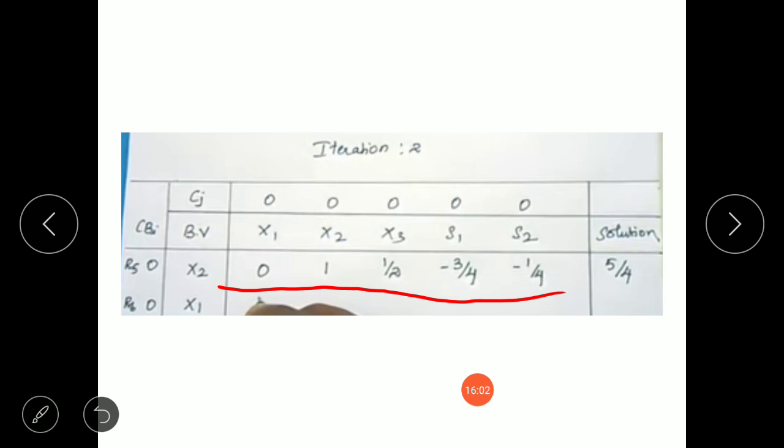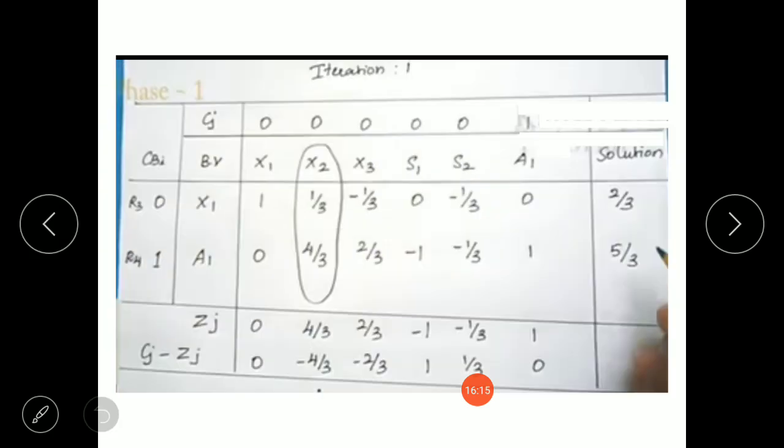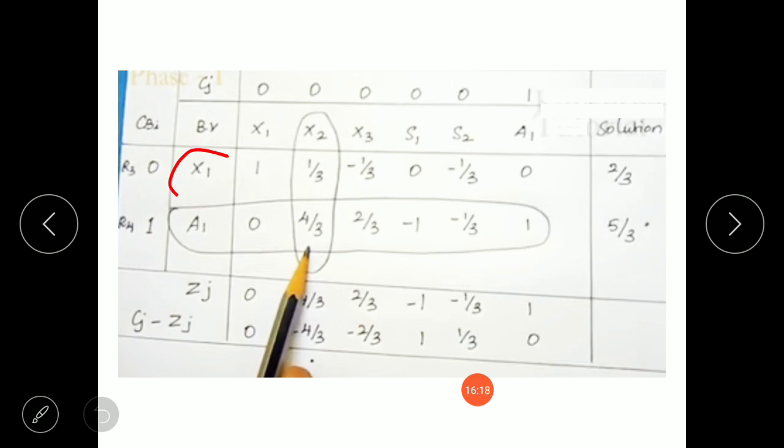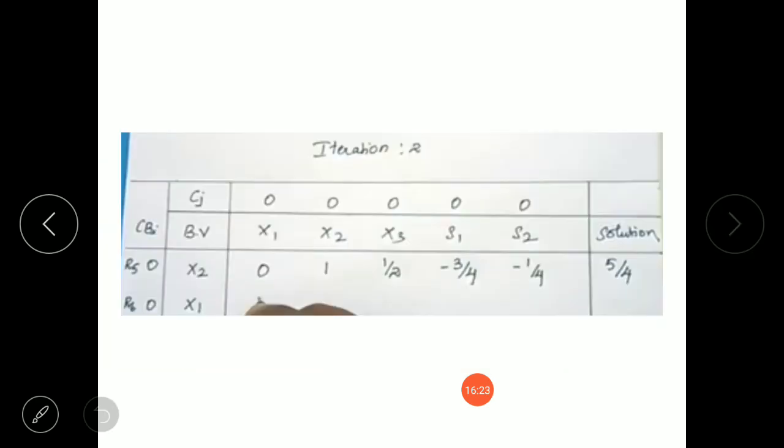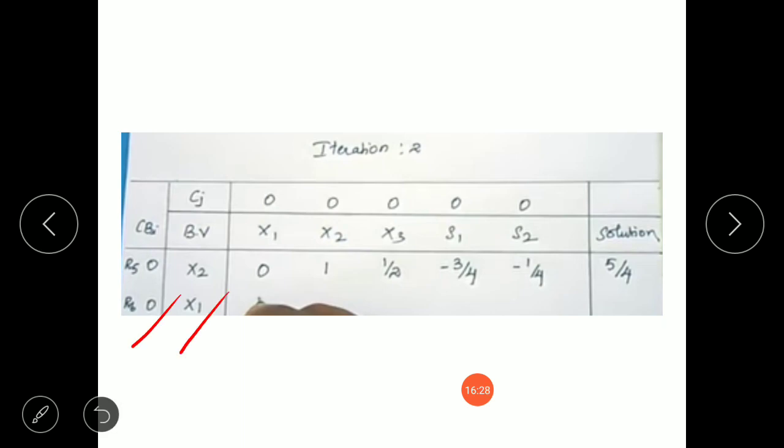Now we need to find the next element of the basic variable column. What is the next element? It will be the same element that is present in iteration table 1. What is the other element? It is x1. So we are going to write the same element with the same coefficient in iteration table 2. So this is my x1 and with the same coefficient. Now we need to fill the row corresponding to x1. How to fill the row corresponding to x1 will continue in the next video lecture. I am ending this class here.